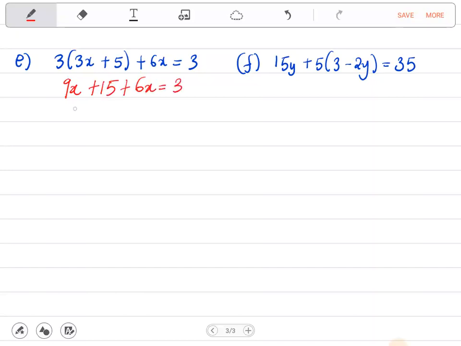Like terms, 9x and 6x are like terms. A 3 and a negative 15 are like terms. You can say it can cross equal sign if you want to easily remember. There's no problem. Alright, so let's keep it that professional. Alright, so next is